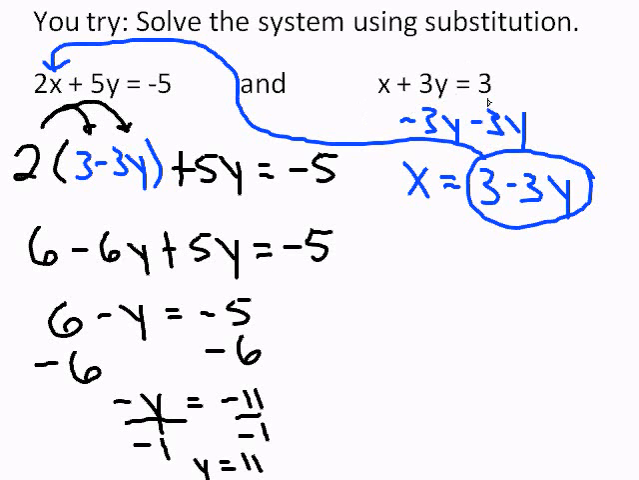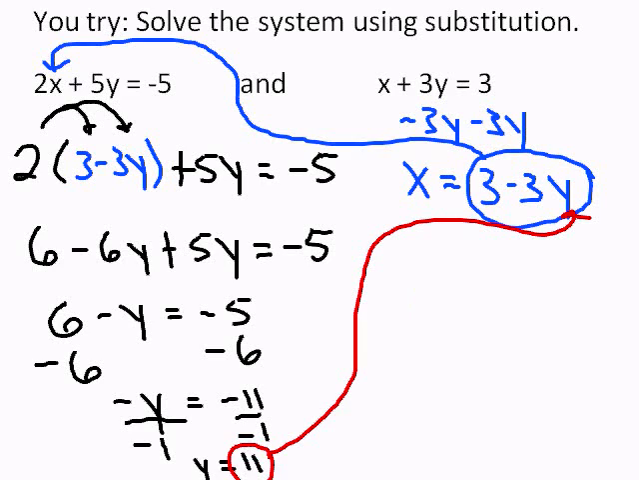I went ahead and got x by itself in that second equation by subtracting 3y from both sides. That gave me x is equal to 3 minus 3y. I substituted that 3 minus 3y into the first equation, and when I solved it out, I got y was equal to positive 11. Then I can solve for the x value again by substituting that 11 into